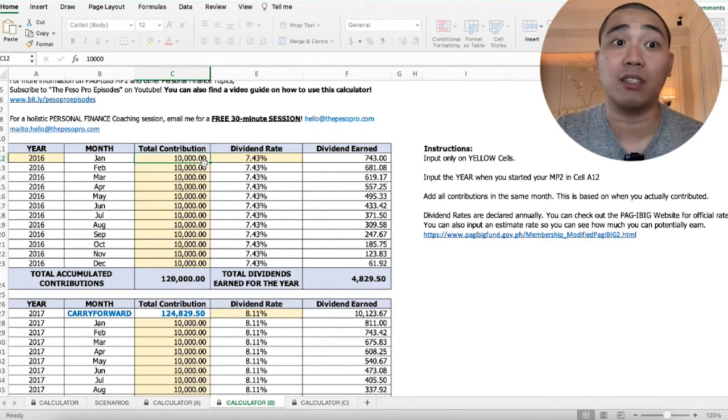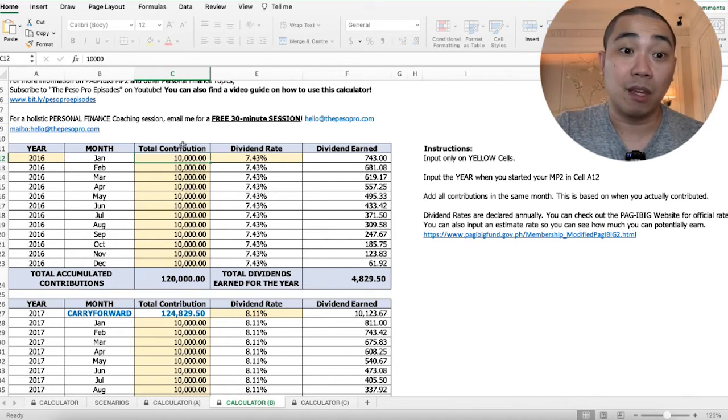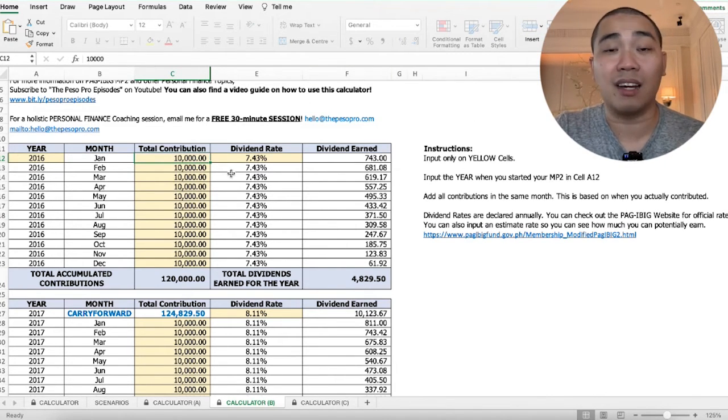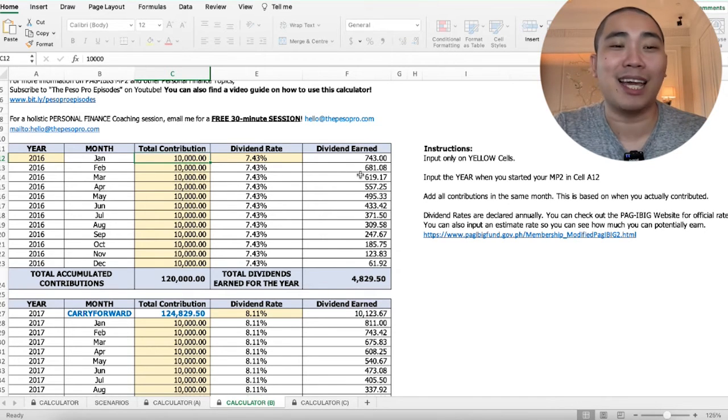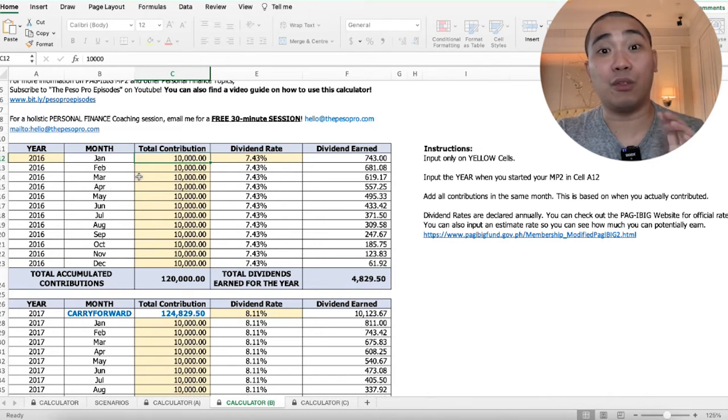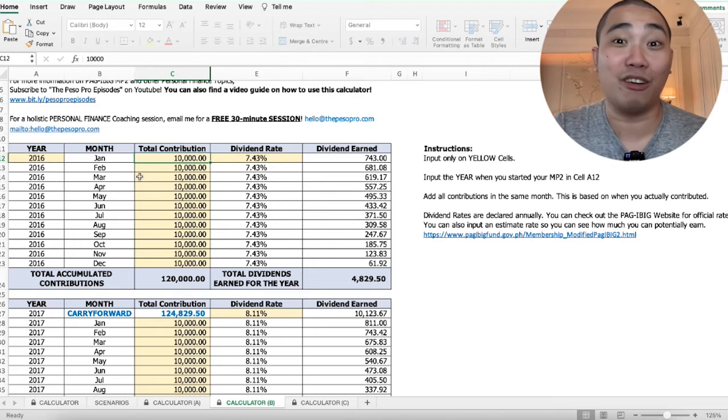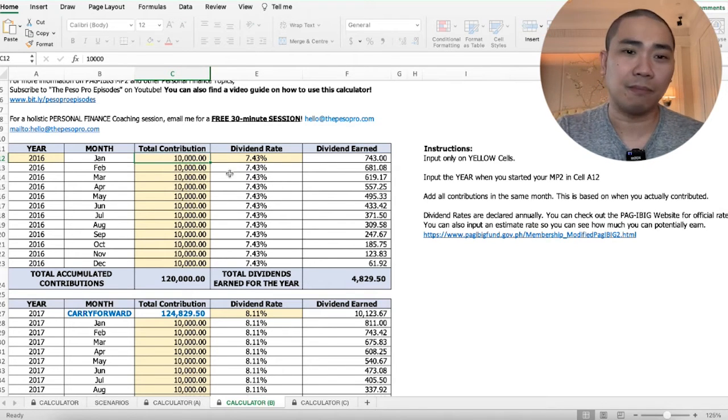Not all companies support it, so check with your HR manager para mapag-usapan nyo kung pwede ba yung auto-deduct sa company ninyo. But if you don't have that option, don't worry. You can actually do this quite easily via payment options online. Pinaka-favorite ko is to do it via Paymaya or GCash because you pay a very minimal convenience fee. Mas mura pa yun sa pamasahe mo papunta sa Pag-ibig or sa Bayad Center. But you can also do that very quickly lang through GCash or Paymaya and the payment actually reflects after mga 2 to 3 working days. So, madali lang siya if hindi ka pwedeng mag-auto-deduct.